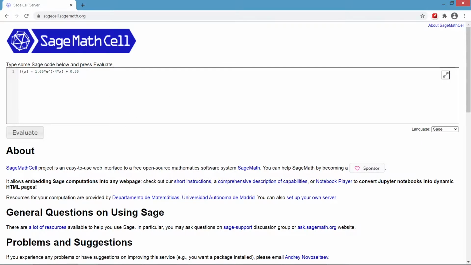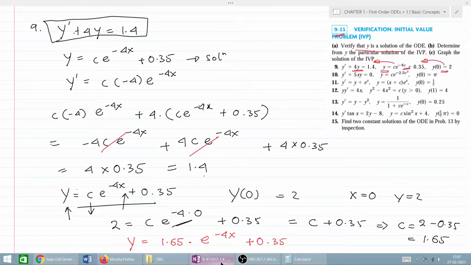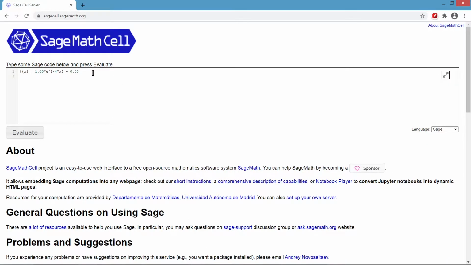I believe that was the solution. We can verify. That's right, that was the solution. Now we have to plot it. So we just write plot f. We are going to plot the equation. Then we have to specify what range of x we want to see in the graph. We want to see from -10 to 10, suppose. Then we can also mention the range of y we want to see in the graph, which is the same, -10 to ymax equal to 10. Now we will click plot, evaluate, and we can get the graph.